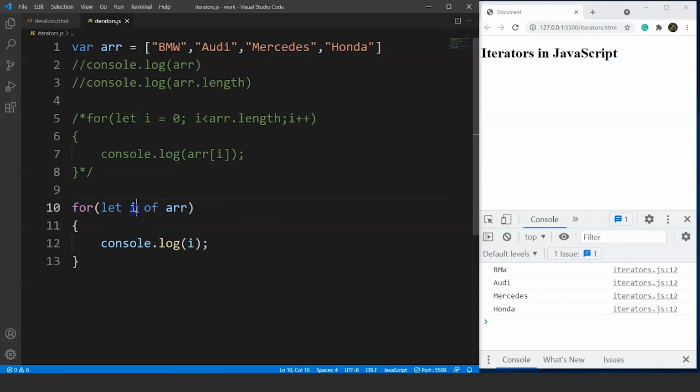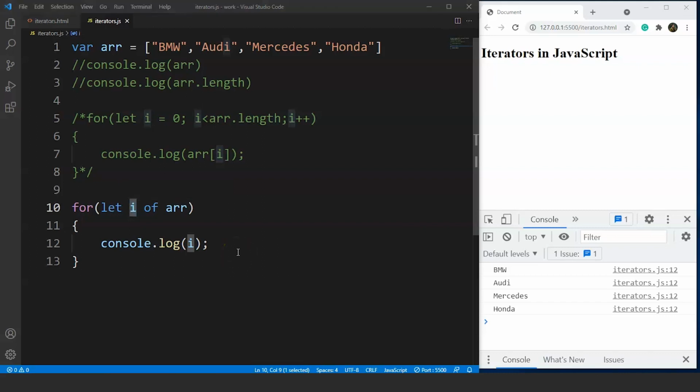Now this variable i over here will traverse through the array and print all the values in the console. Now you guys might be wondering why we are discussing this concept of for of loop in JavaScript, as the syntax of for loop is also pretty straightforward, right? But there is a problem with the for loop: if we try to nest a loop inside any loop, the complexity grows. Also, the chances of any error increase if we have several variables inside the loop. Now that's why I told you this alternative to for loops in JavaScript.